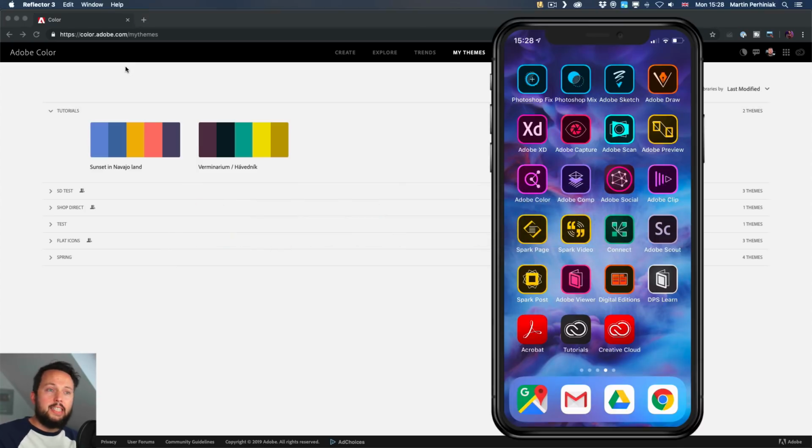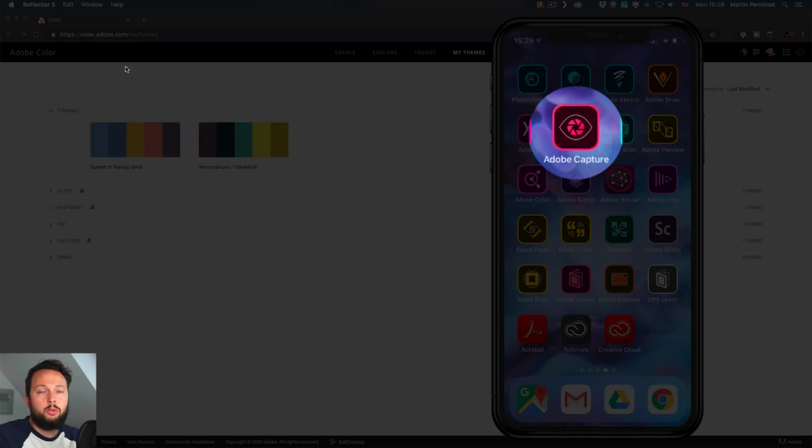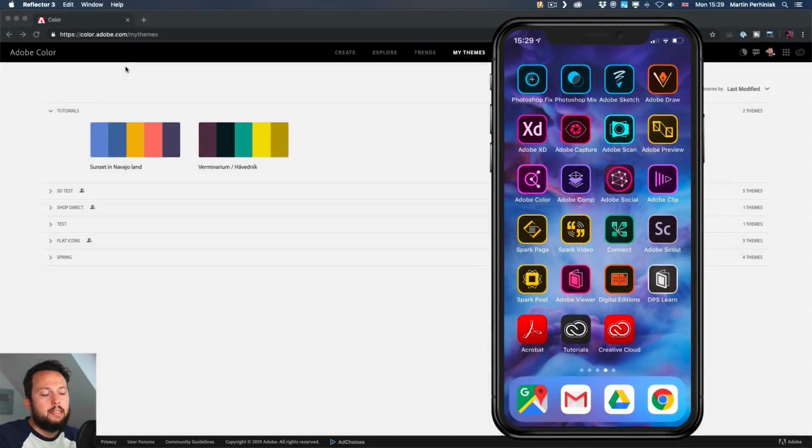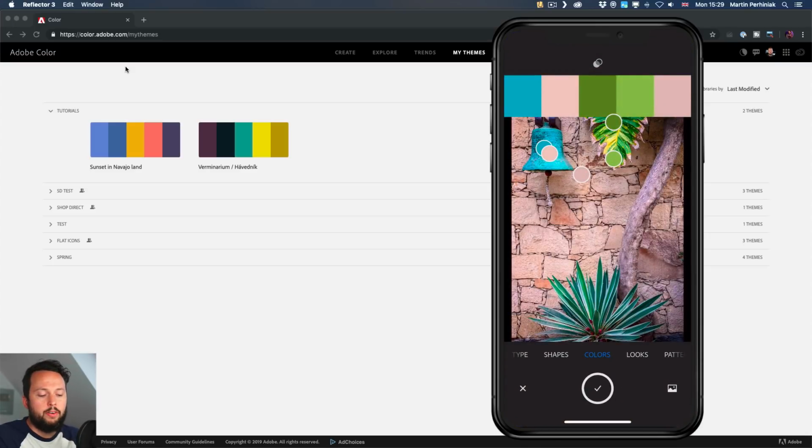And last but not least, I wanted to show you also using the phone and the app called Adobe Capture. You can access pretty much the same things, but while you are out and about, finding cool color combinations and saving them as themes. So you would want to use Adobe Capture app, not the Adobe Color. I think that's going to be discontinued soon. So Adobe Capture is a combination of a couple of different things. You can capture colors, shapes, even recognize text, but what you want to use is the color option here at the bottom,